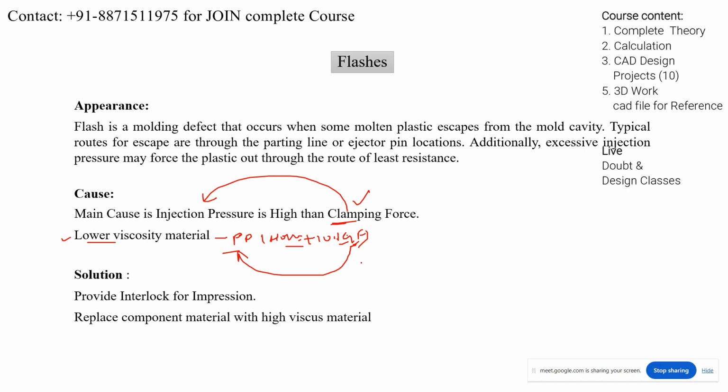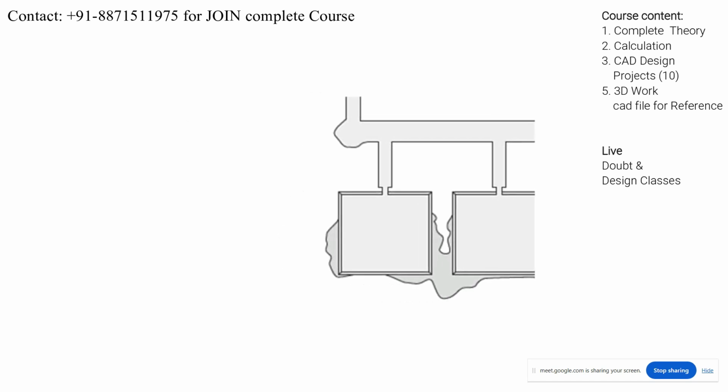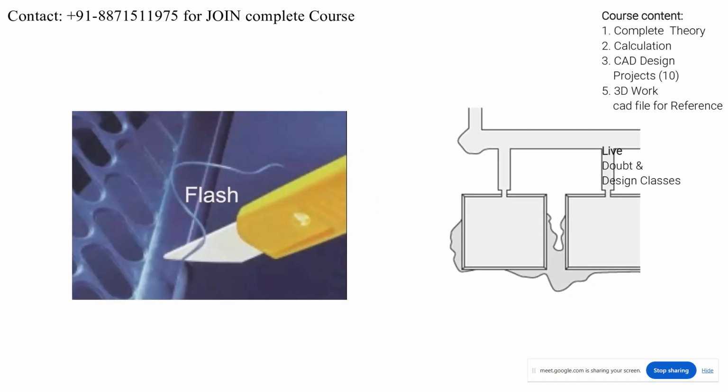Okay. So this is the solution for the flashes. If the flashes occur in the component during production, we can provide this solution. Understood? Here, this is the flashes. If the flashes occur in the component during the molding process, we have to remove them with a cutter. So it becomes a post process. For example, if we are dealing with a post process on the component after production from the injection molding machine, so